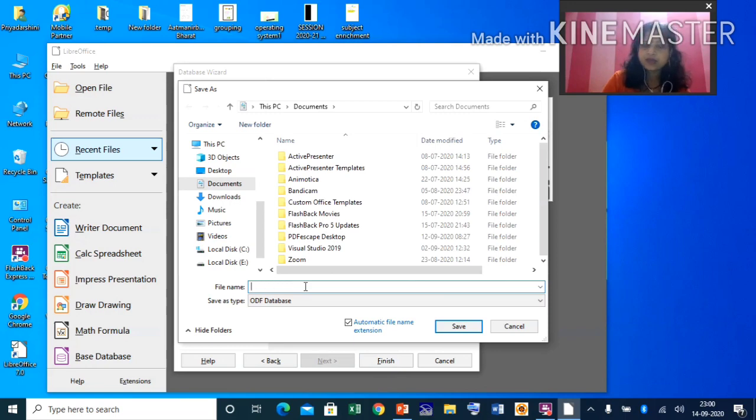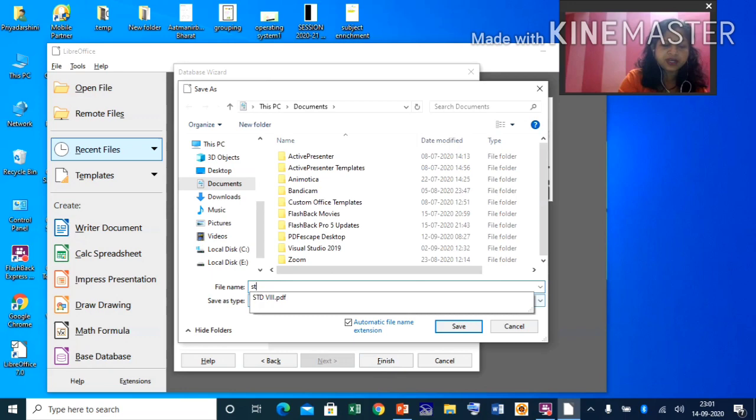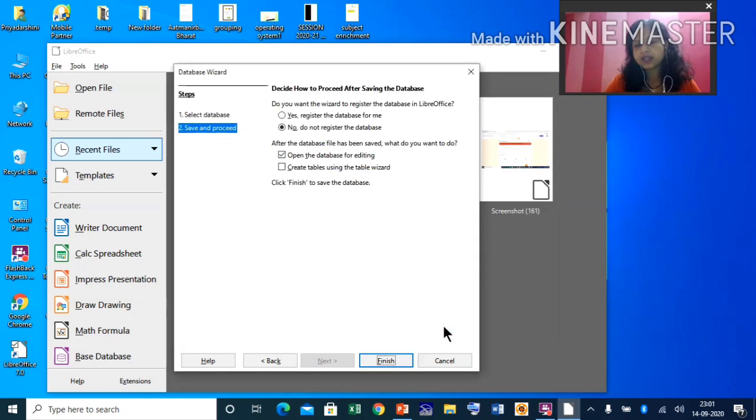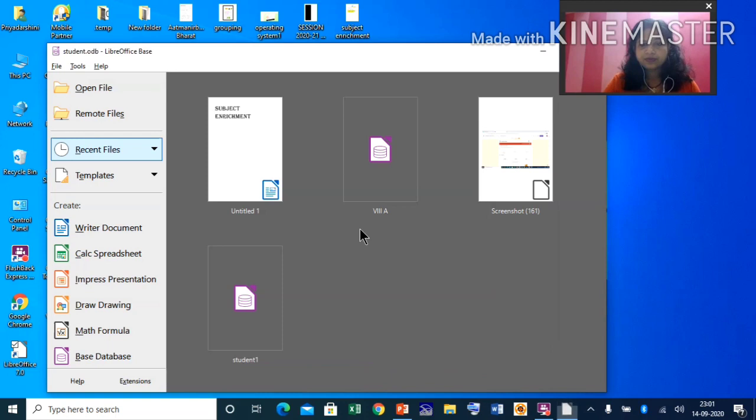We can give a database name here, suppose student. Now you can choose the save location, then click on the Save button. A database will be created. You wait for some time, see, a database will be created.